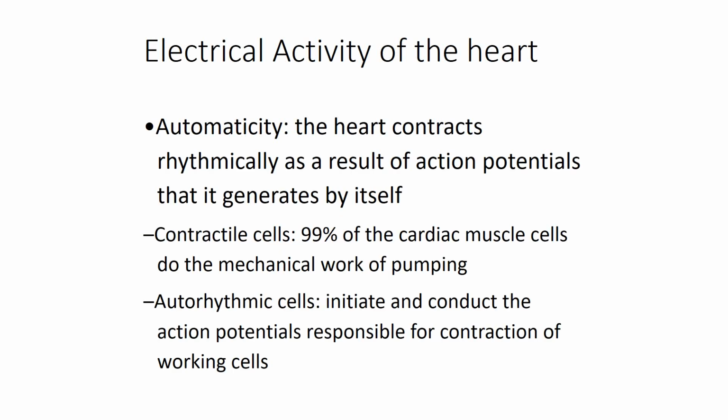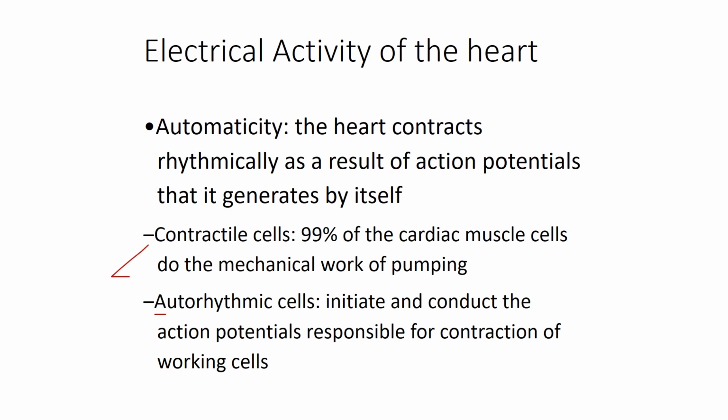So let's look at electrical activity in terms of automaticity. This is where the heart contracts rhythmically as a result of action potentials that it generates by itself. Okay, and so this has to do with that autonomic function. Contractile cells and autorhythmic cells are going to be the two types of cells that we find within